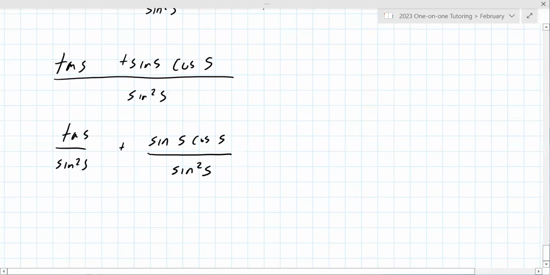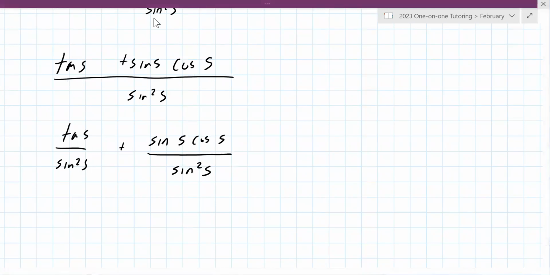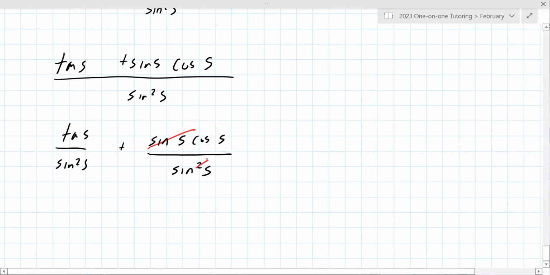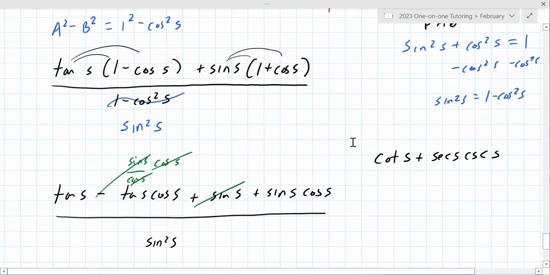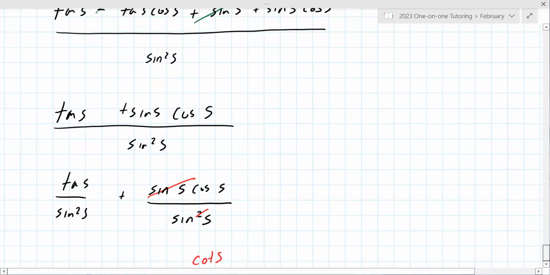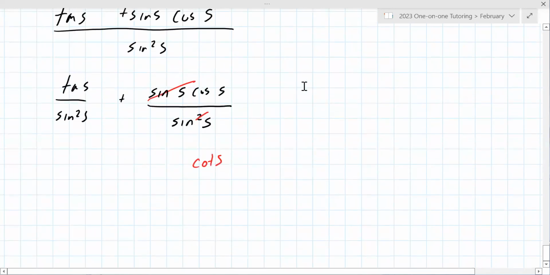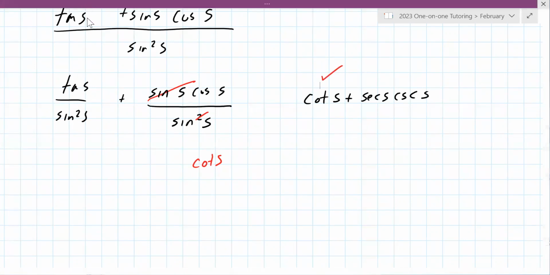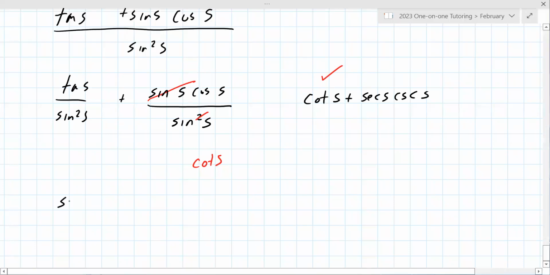Right, so on the right here, the tangent cancels that tangent. Cosine over sine is cotangent s, and that's good because that's one of the things we wanted up here. We wanted a cotangent s, a secant s, and a cosecant s. Cotangent, secant, cosecant. So we got that one. Yay, we're there. Now on the left, that tangent we break apart into sine